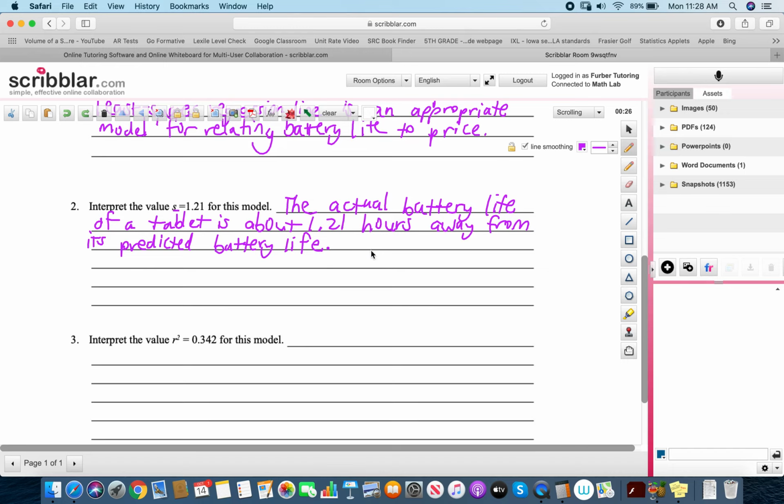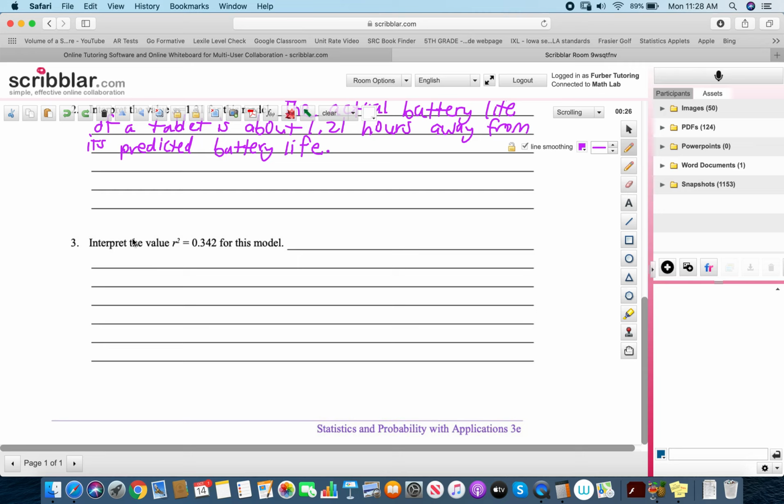And then the last one is to interpret R squared. Remember that R squared is really the percent reduction in the sum of the squared residuals. So it's the percent of the variability in the response variable that is accounted for by the least squares regression line. All you have to do is take that decimal and move it 2 places to turn it into a percent. So all we would say is